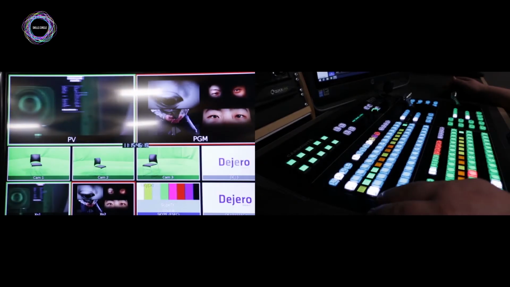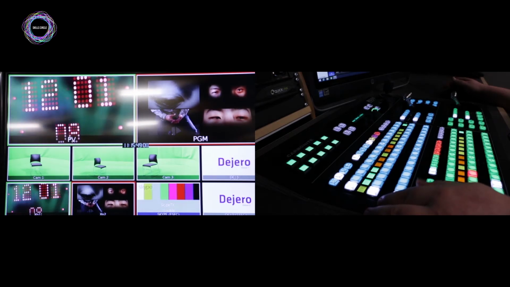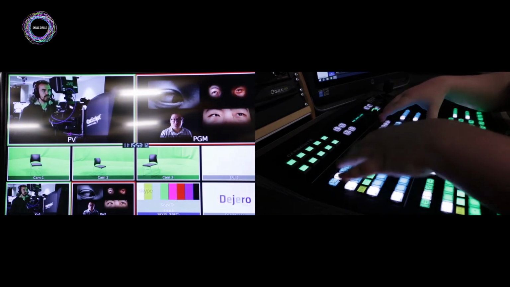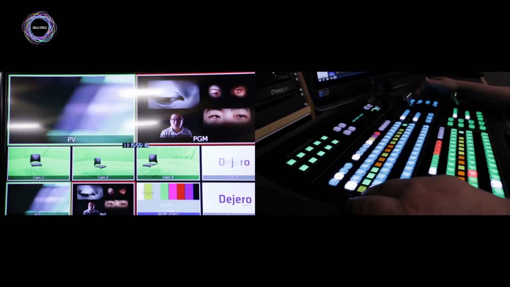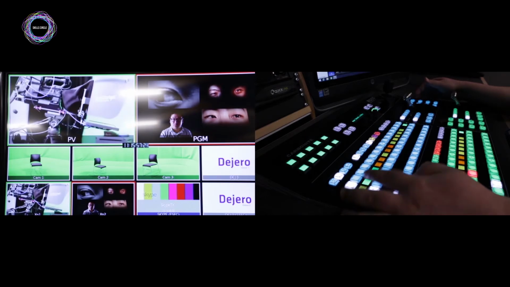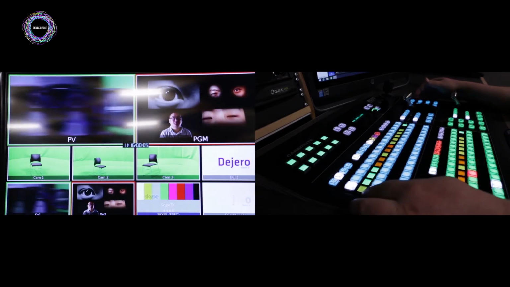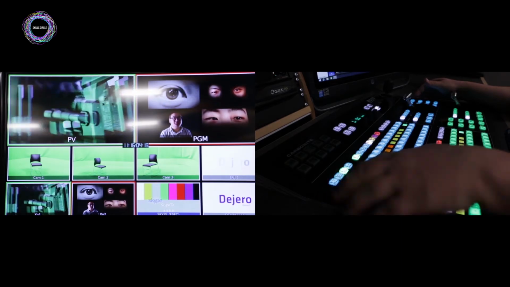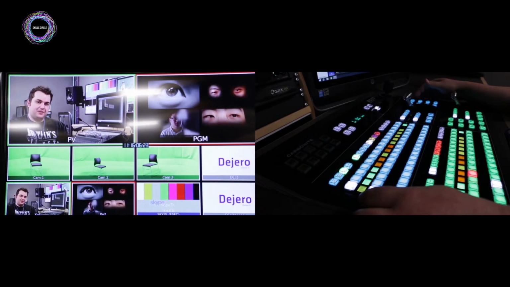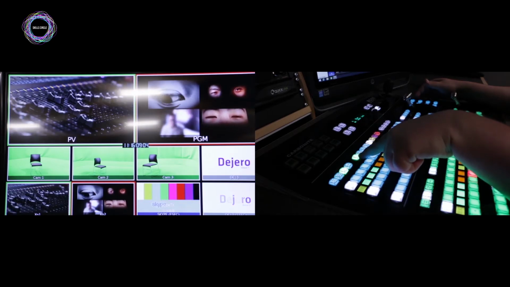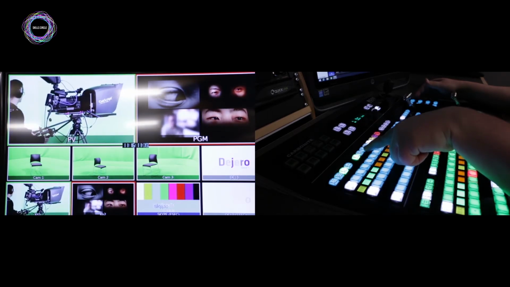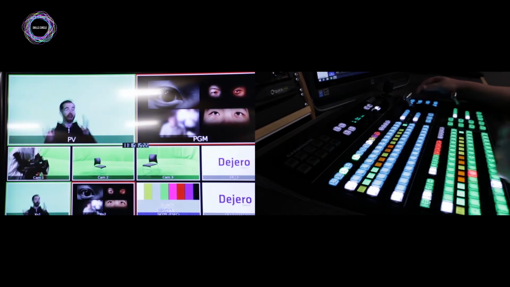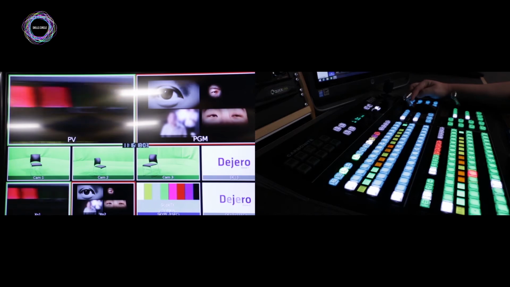Okay, so we're going to go through setting a chroma key. So ME2 we do all of our main cutting on, ME1 we do all of our graphics on. So firstly I'm going to pick the kind of key type that I want to do. So I want to do a chroma key. So I pick my chroma key across my key select or key type pane. I then pick the key number that I'm going to put the chroma key onto. I then actually cut my key on,